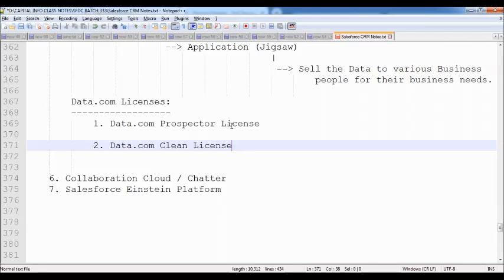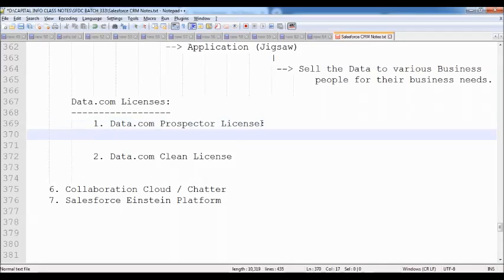Now, how can we buy? Let me explain. As part of data.com, the first license is the data.com prospector license.